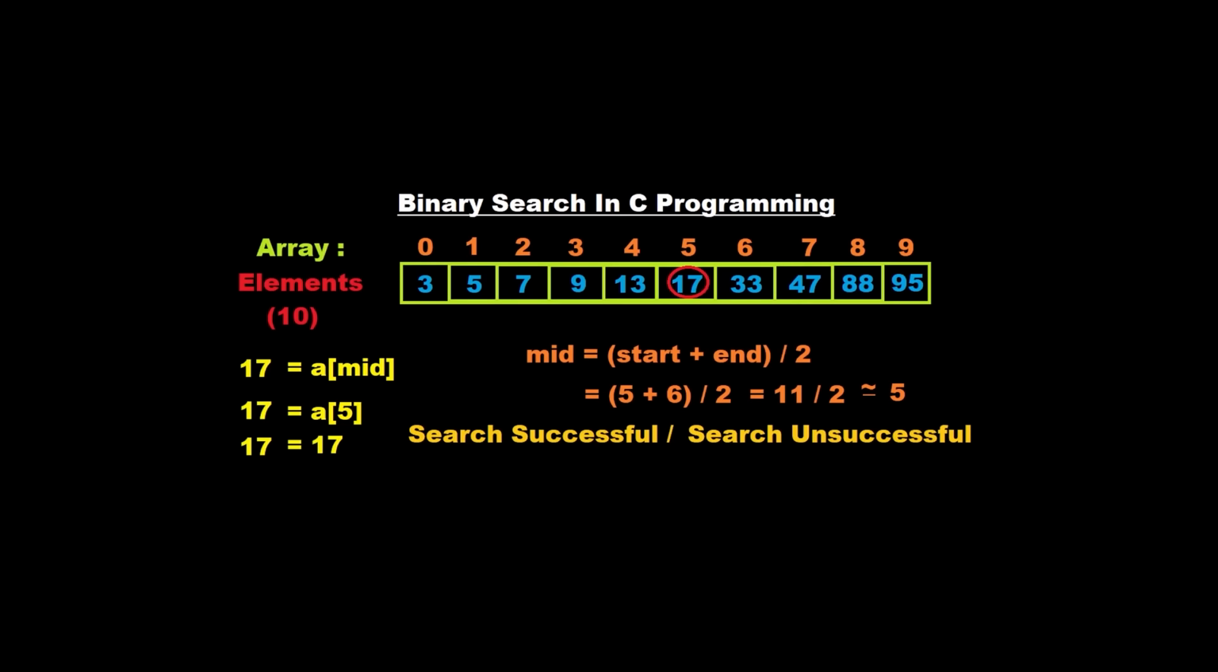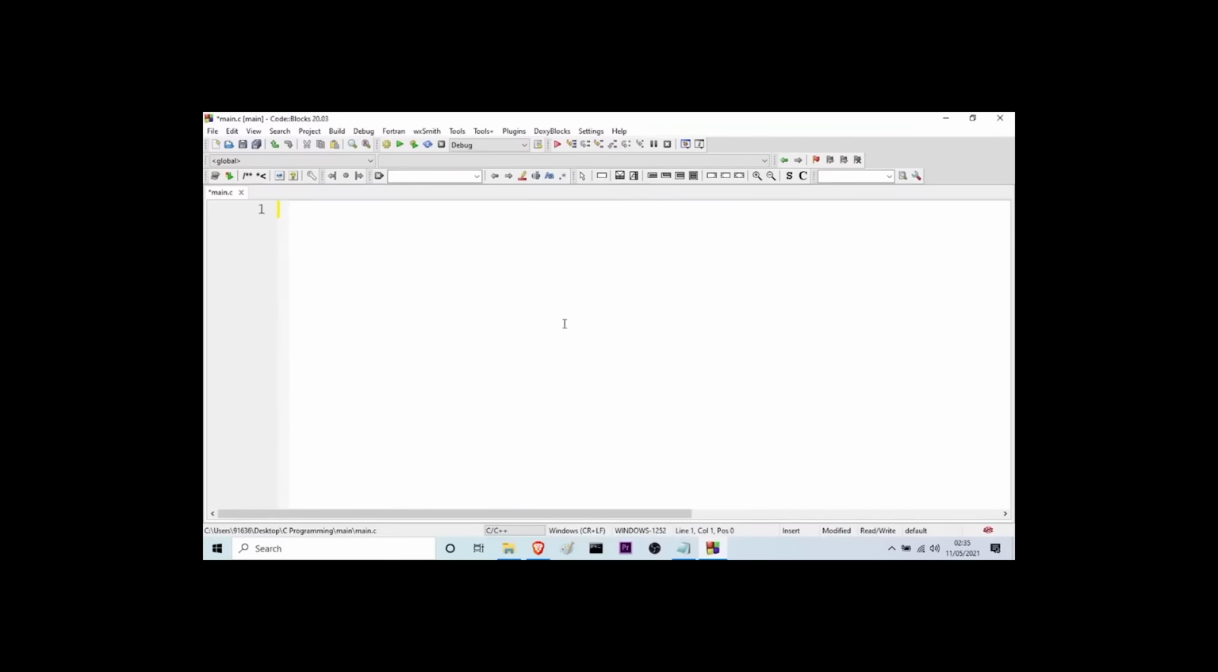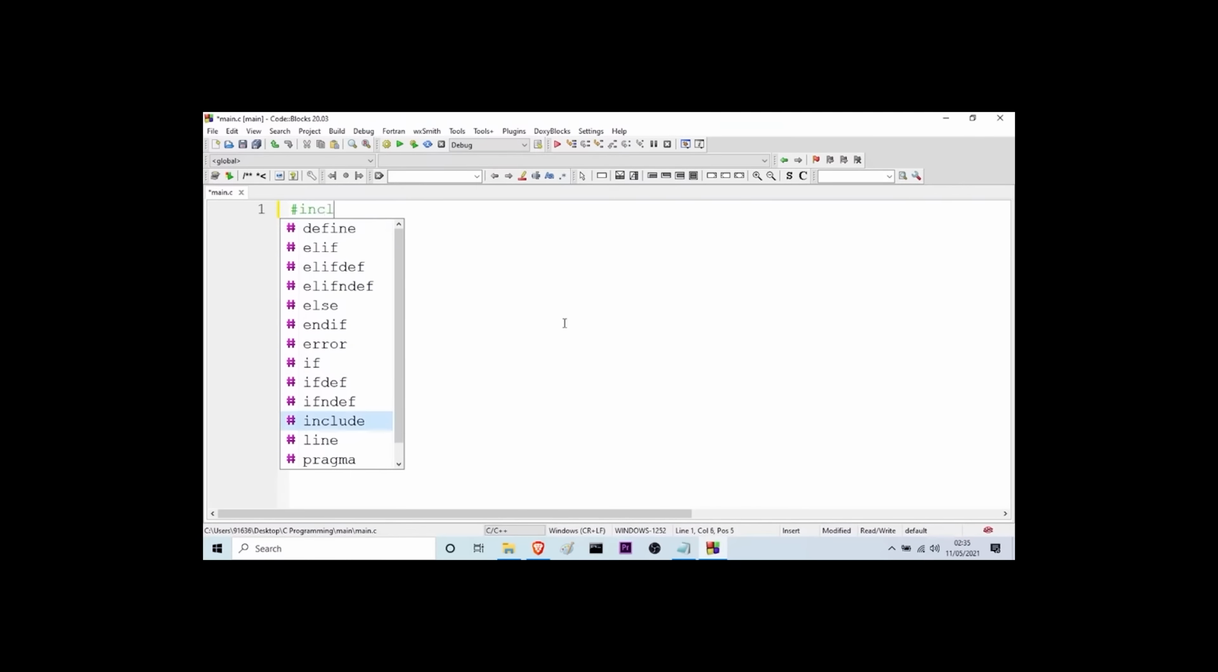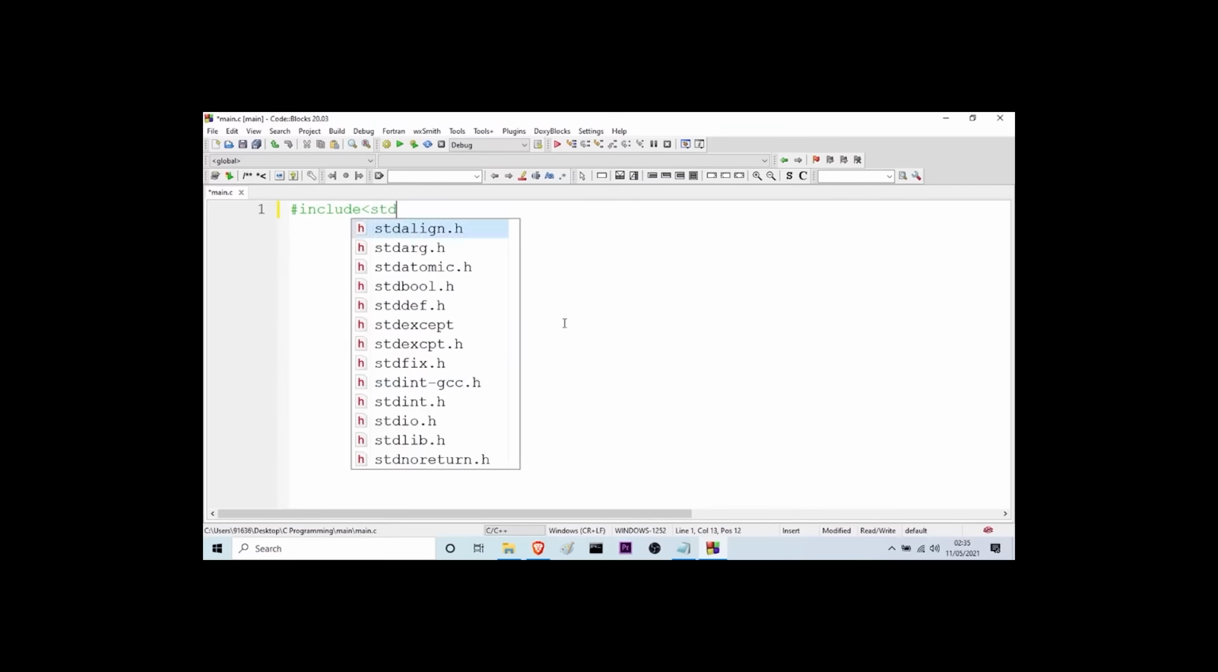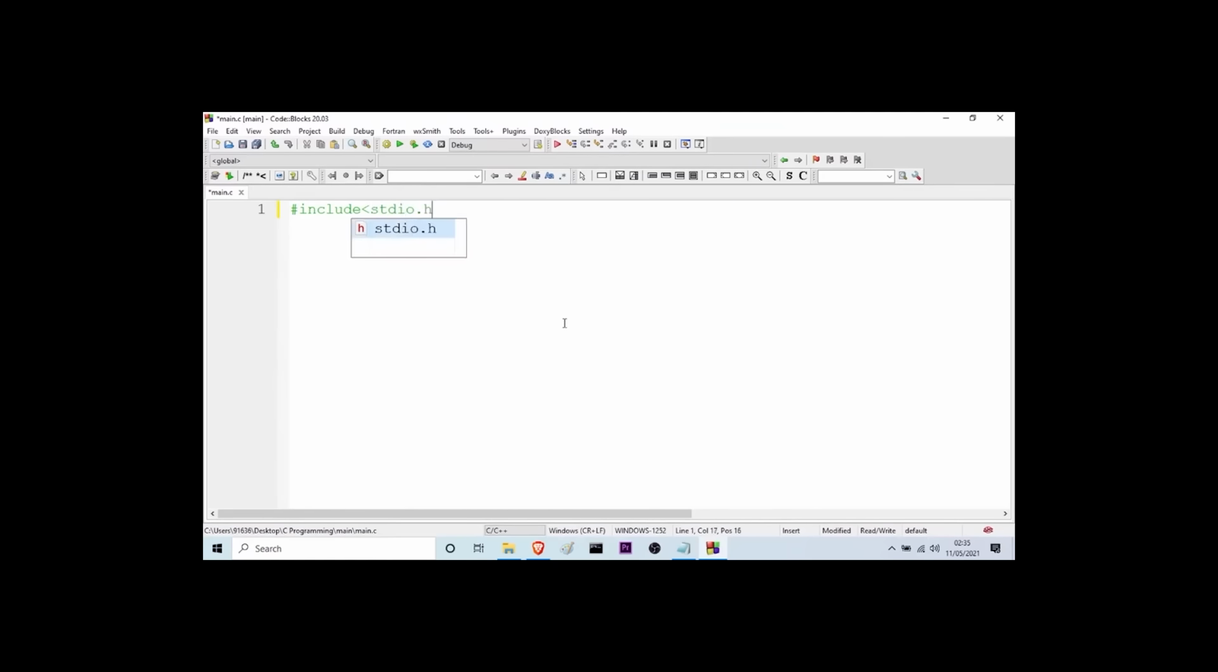So now let us go on to the editor so that I can show you the program to implement binary search. So here I am going to my editor, and let me start with the header file, #include <stdio.h>, which is the standard input output library. And then I will start with the int main,